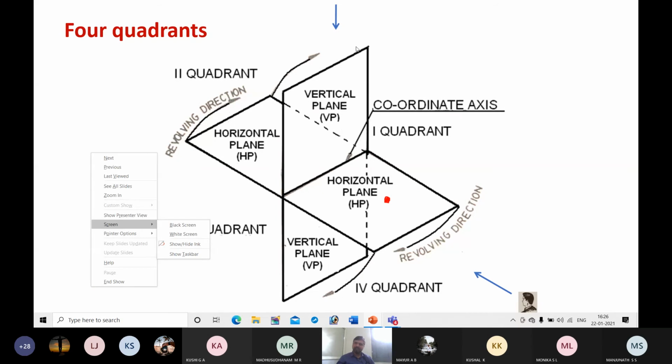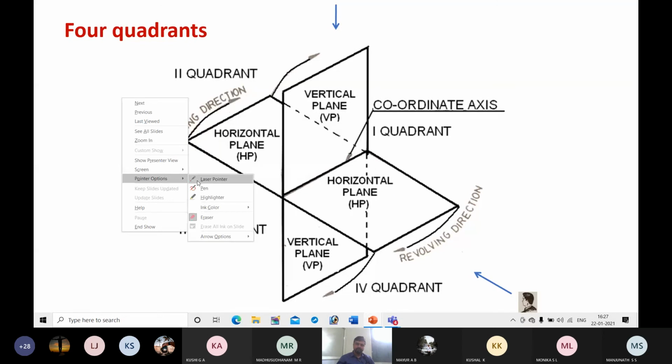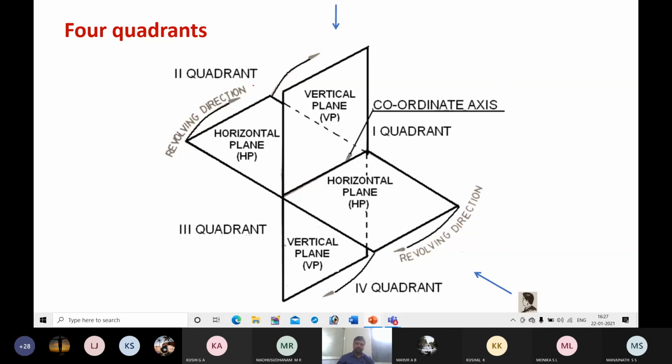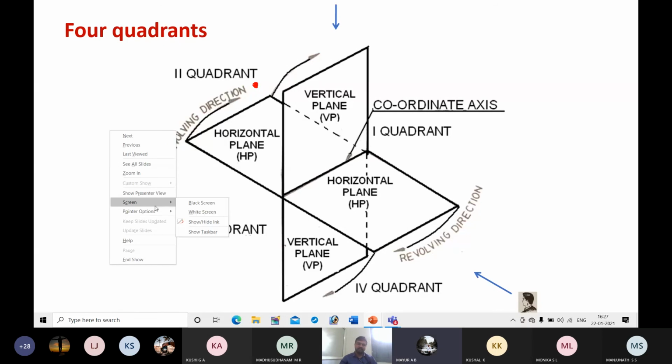the position of the observer will remain the same, but the position of the object will change. So this is the position of the object. It is in the second quadrant. But what is the relative position? Which one is in the center, which is on this side and that side? The plane is in between the object and the observer.